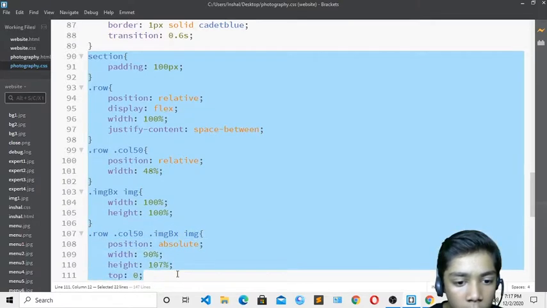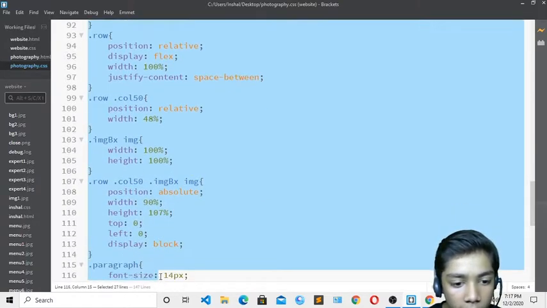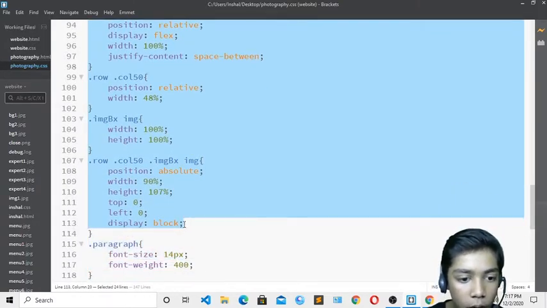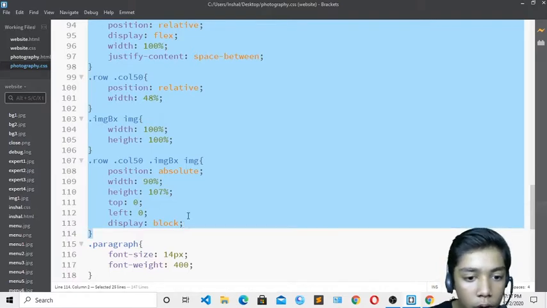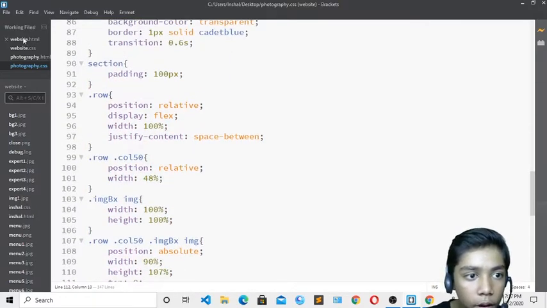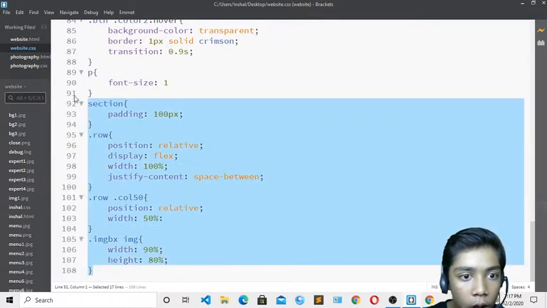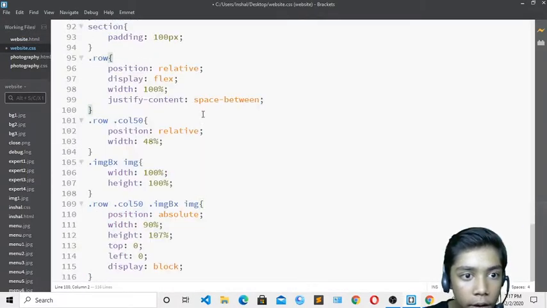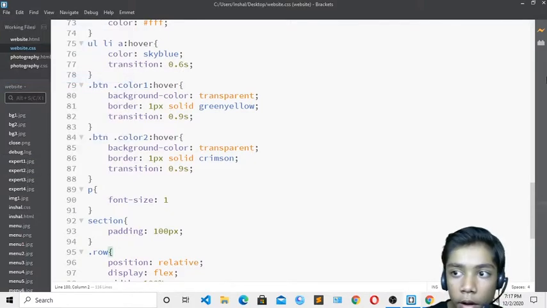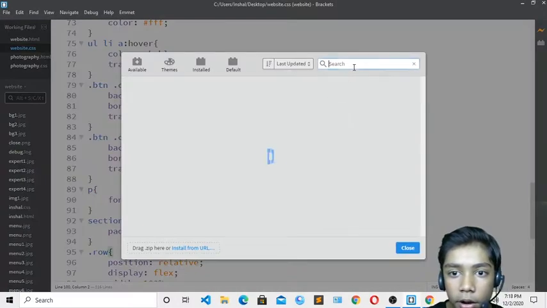Okay, so here I have to do one thing, like I have defined display of block. So you have to do one thing over here. I will go over here, and now if I do it like that and save, and if I go to my extensions and write over here PR again, I will debug my problems over here. Okay, so just press enter.